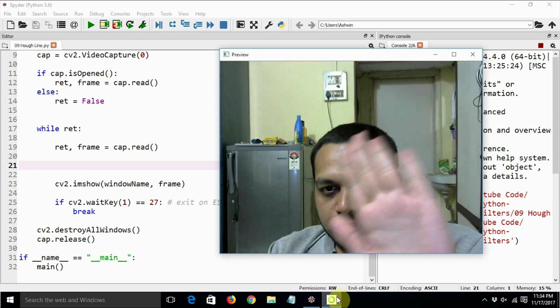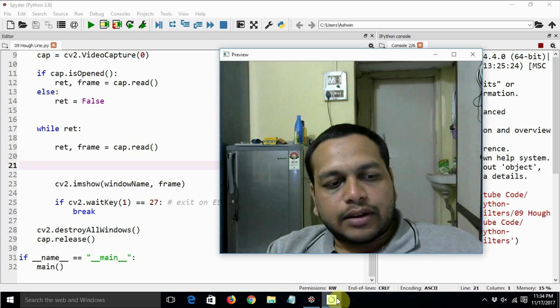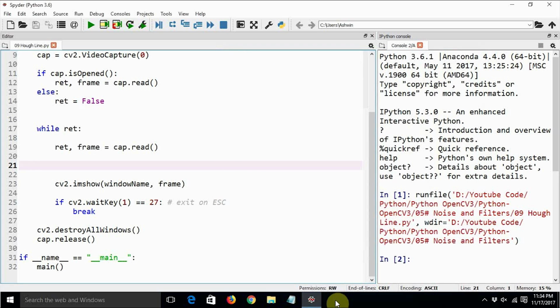Okay, so this is me. And let's get started with the Hough line transform now. We are able to capture a frame every time it is read from the webcam, in this variable known as frame.